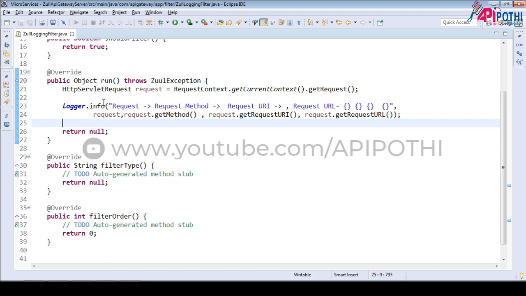So now we are printing it here, but if you want to put some business logic, you can have it also. This has all the information. We are not going to return anything. We are just printing, right?